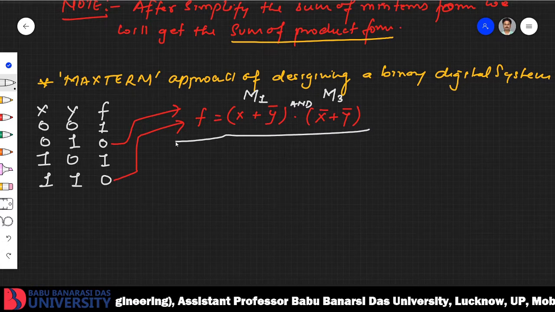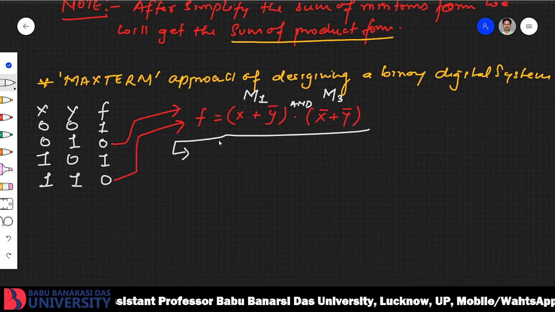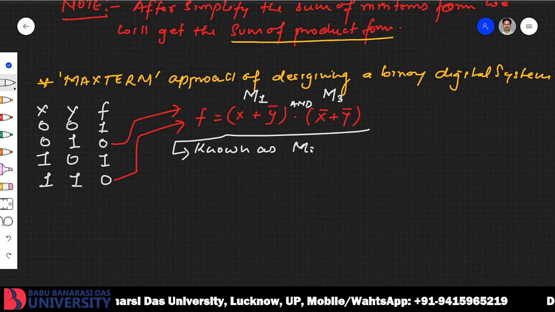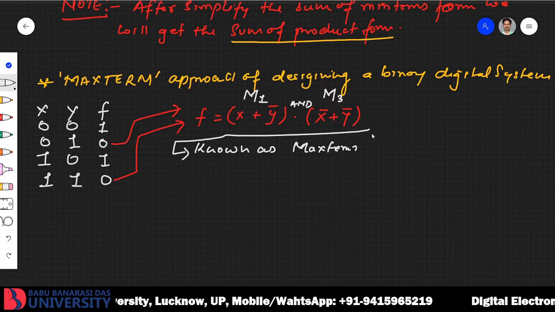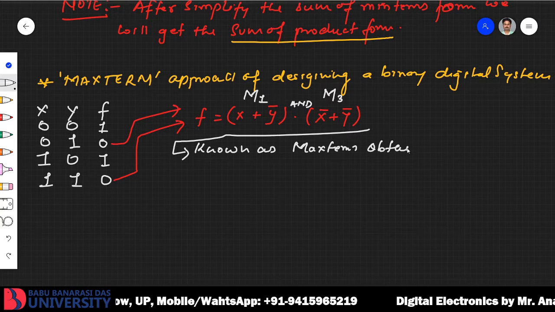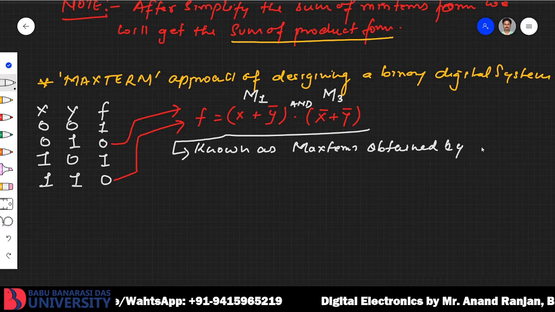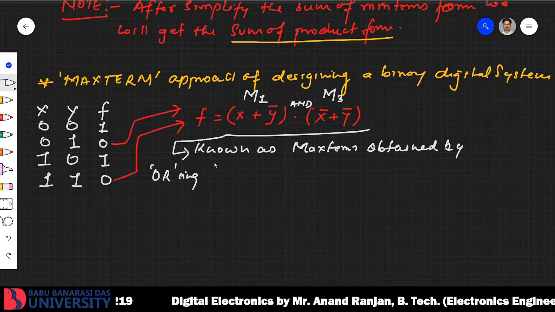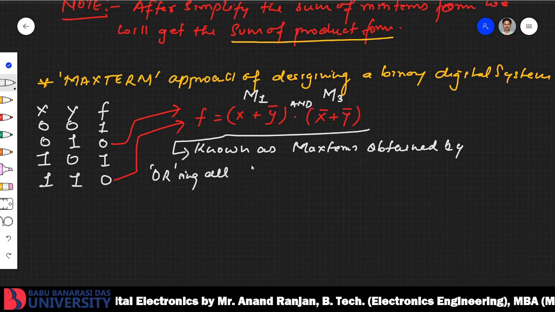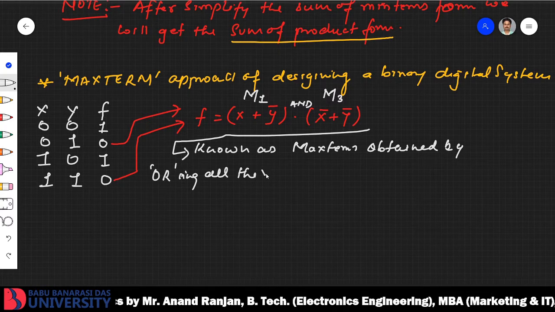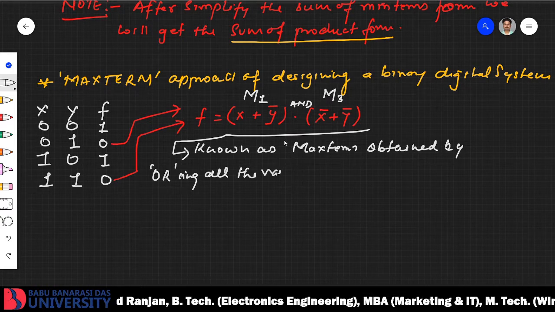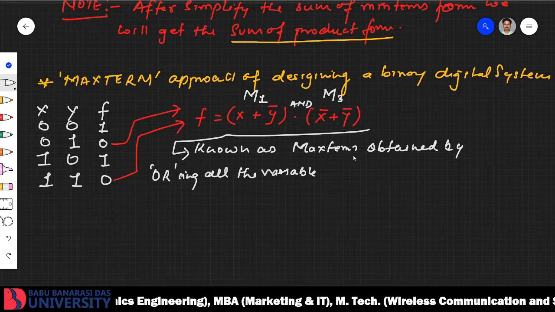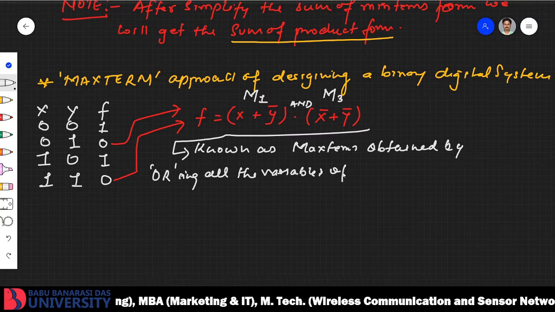So what we can conclude is this is known as max term, obtained by ORing all the variables of the function